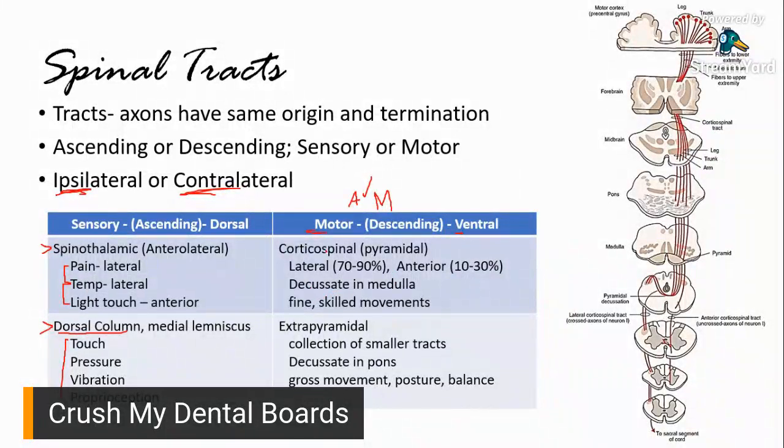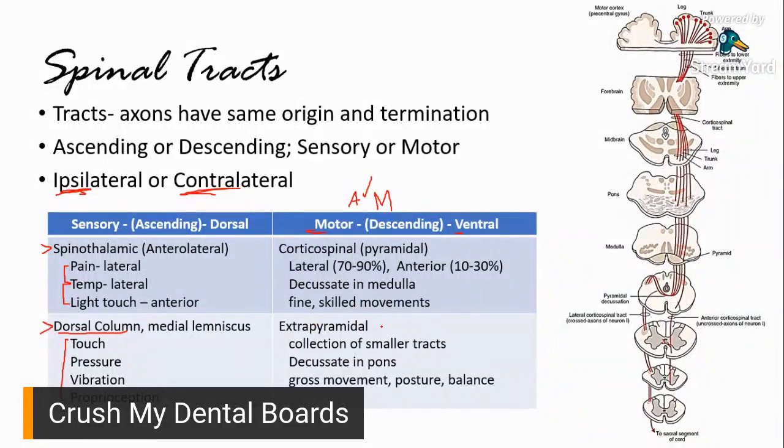Okay? So the corticospinal tract is actually responsible for fine, skilled movements. Remember, this is motor, so action. Ito senses, sensory. Yung motor, action. So for fine, skilled movements, it's the corticospinal tract. The brain sends the command via the corticospinal tract going to the effector organs or the muscles. Okay? So pyramidal. And then the other tract would be extrapyramidal.